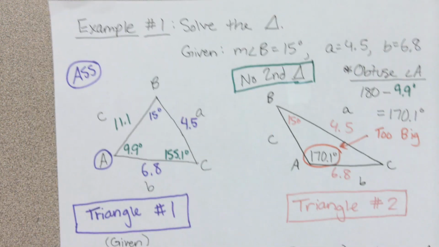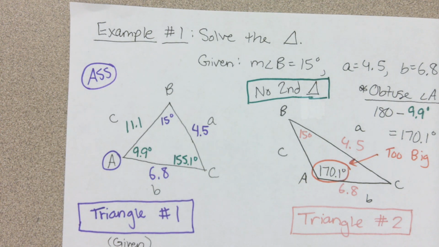And when you're done, your triangle should look like that. The three missing parts all filled in. So we don't have to write out like